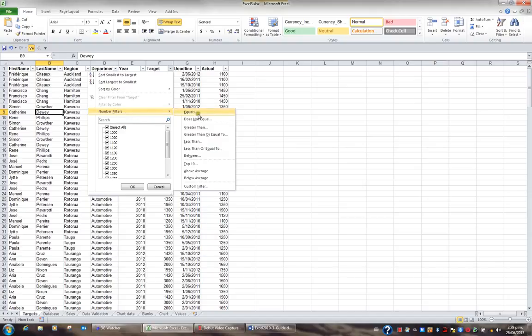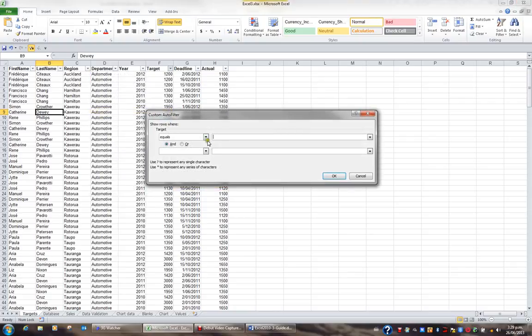Number Filters offers a variety of number filters such as equals, does not equal, greater than, less than, between, etc. If I choose Custom Filter, for example, I can change equals to is greater than or equal to, and in the next box type 1500. I also want those records that are and less than or equal to